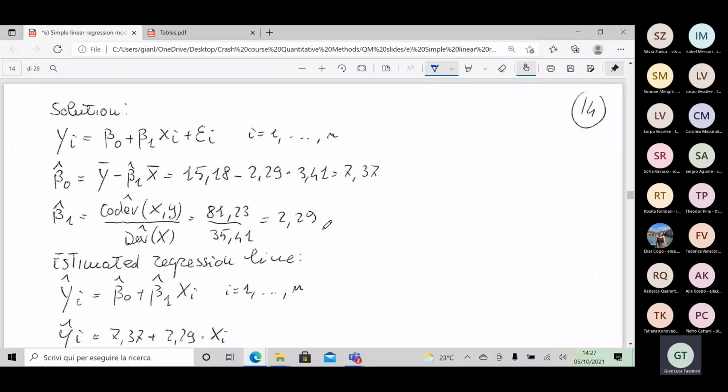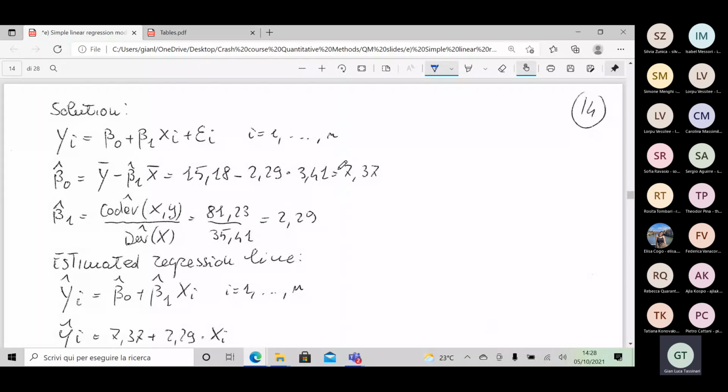Now look what you have to do. There is nothing to see. You have simply to take 2.29, put it here. Here put the average of y, here the average of x. So I simply inserted the numbers, do the computation. Okay, now I didn't ask to do it, but to review, we want to provide an interpretation